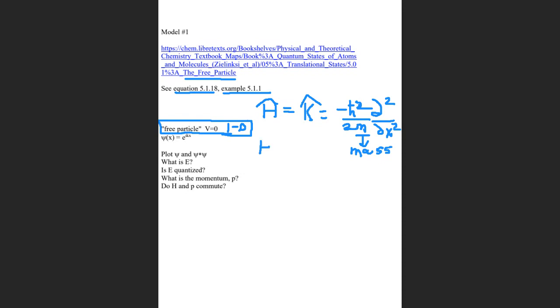okay, we have to satisfy H psi equals E psi. In other words, when we operate with H, we have to get the same function back times a constant, which is the energy. Okay, this type of problem gets addressed by mathematicians and engineers in differential equations courses. For purposes of this course, what I'm going to do